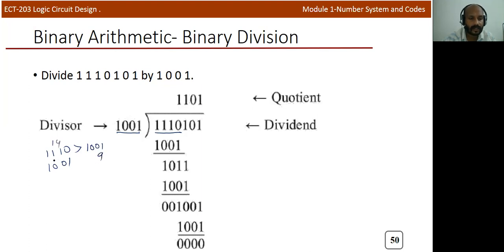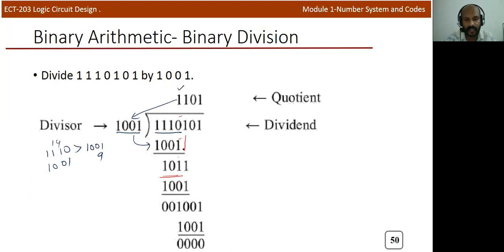We know that this 1110 is greater than 1001 because this is 9 actually, and this is actually 14. Okay, so we can write 1 here. So it contains 1 nine. So we need to multiply 1 with 1001, so we'll get exactly this answer 1001. Now we need to subtract. Okay, so if you subtract, 0 minus 1 we cannot perform, so we need to borrow from here. So simply subtracting, you will get 101. Okay, this is a normal subtraction that we already discussed. And now this is the remainder actually.